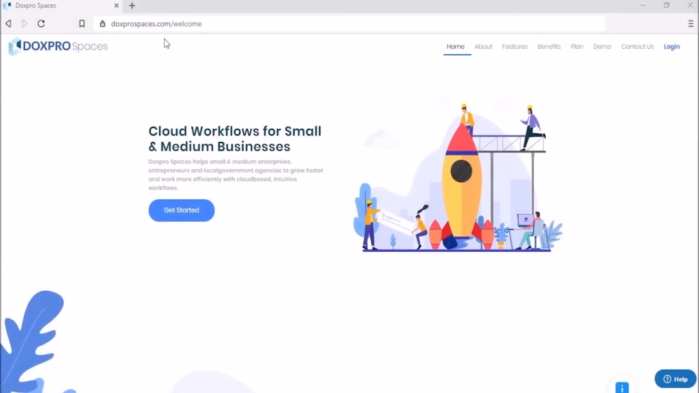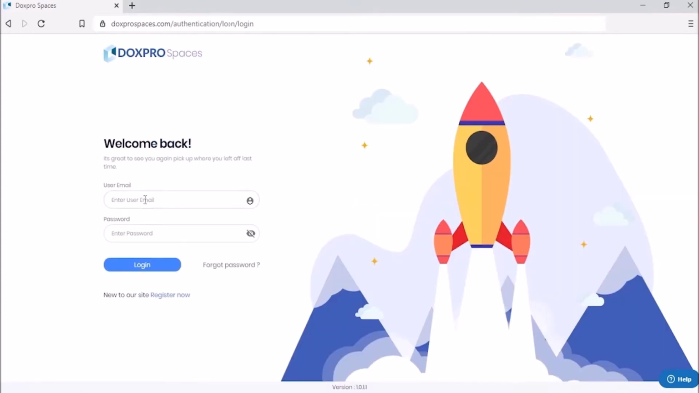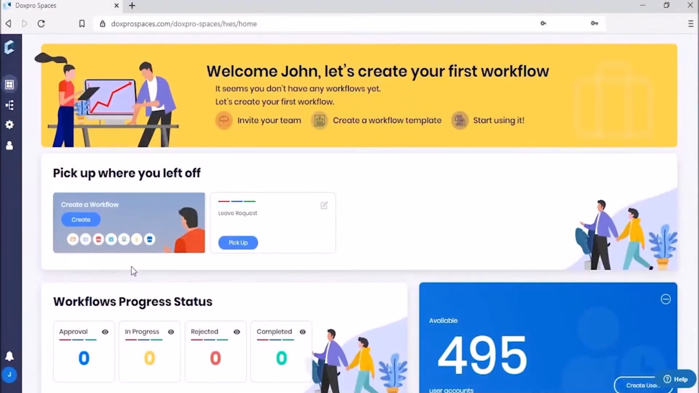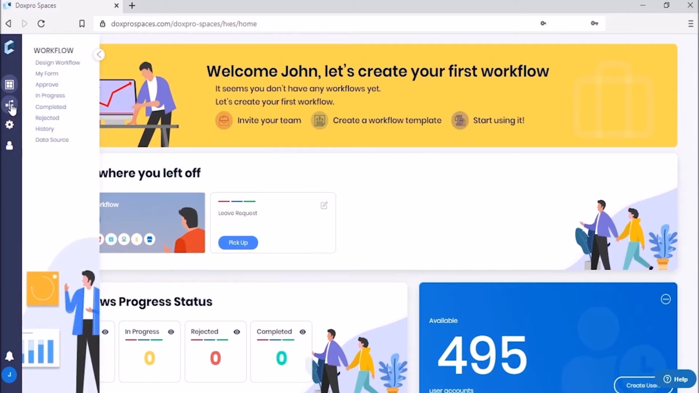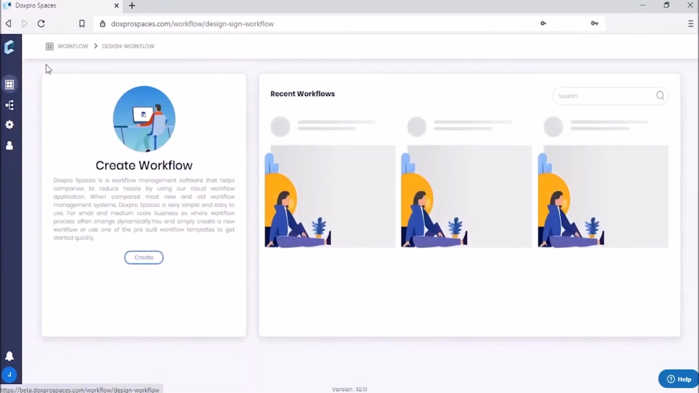So, let's get started. As in all other previous videos, you will have to log into Doxpro Spaces with your credentials, ideally the email address and the password. I will log in as the admin user, John Smith. Alright, now go to the left side menu and select the workflow icon, and then choose a design workflow option